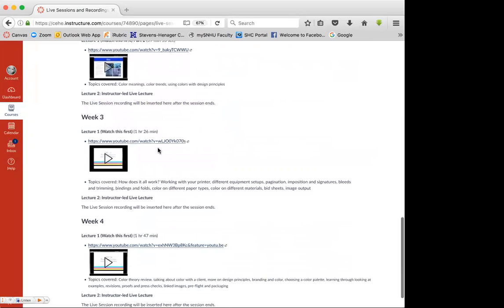week 3 and week 4. Some students are a little confused where all that is. So that's why I wanted to point that out. If you need to contact me and you don't know what my email address is, all you have to do,